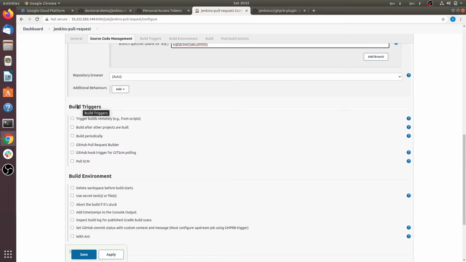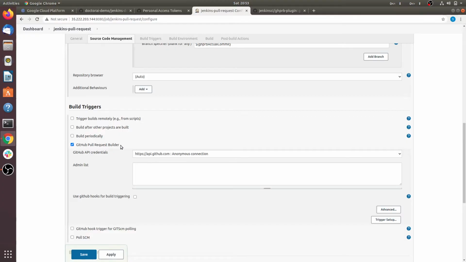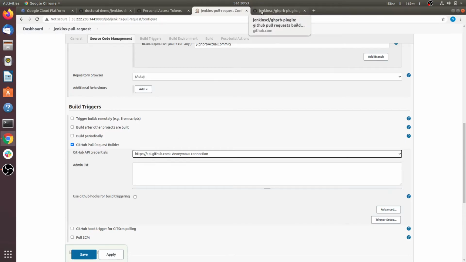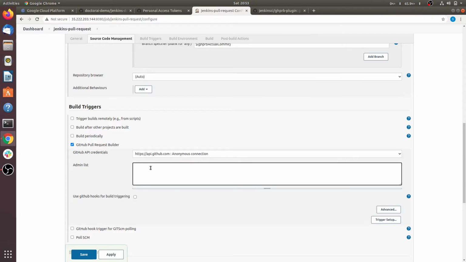Now we have to configure build triggers. We are using GitHub pull request builder. Select the GitHub API credential that we set in the system configuration. You have to provide the admin list, the Jenkins users that have admin access.